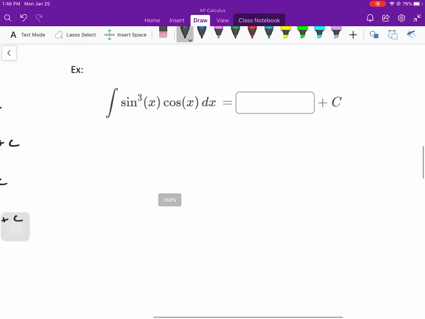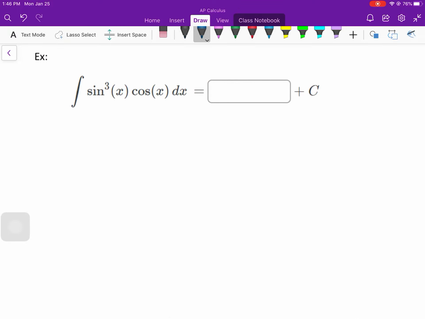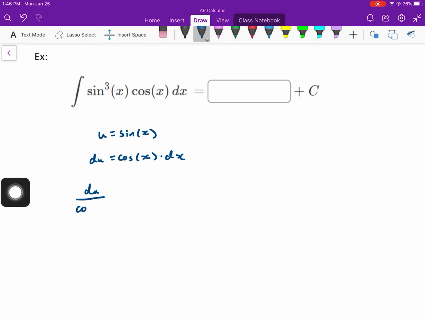So this one, let me get it started for you at least. So this one, u is going to be sine of x. So then du is going to be cosine of x, if we're doing the derivative, times dx. Realize it's chain rule. Derivative of the outside, keep the same inside, then times the derivative of the inside, derivative of x is dx. Then to solve for dx,